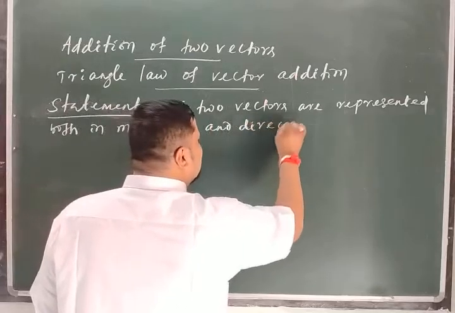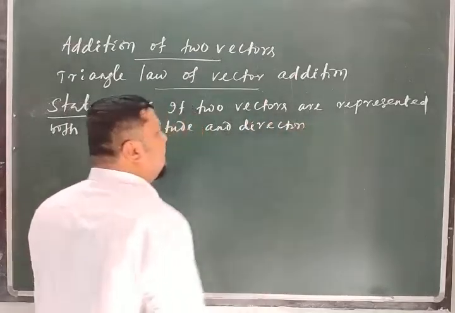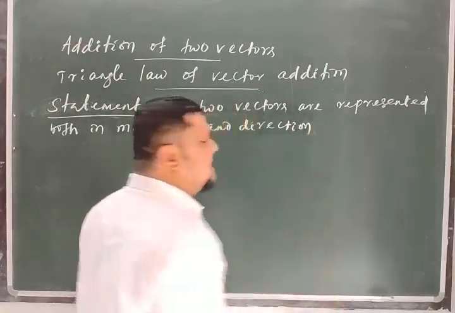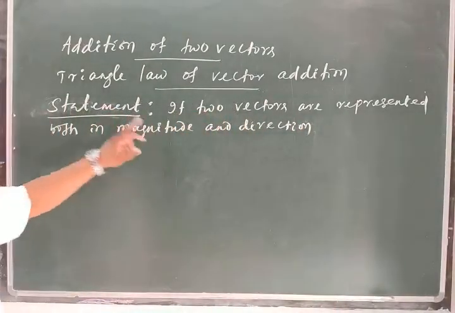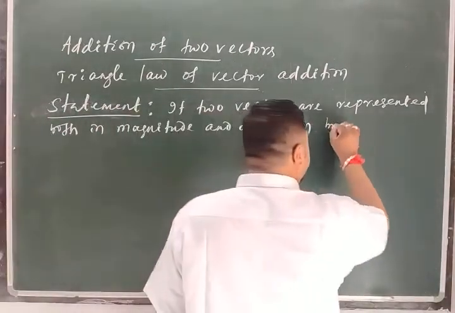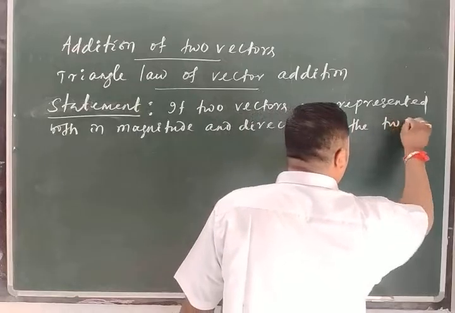Obviously, if it is a vector, it should have magnitude and direction. If two vectors are represented both in magnitude and direction by the two sides